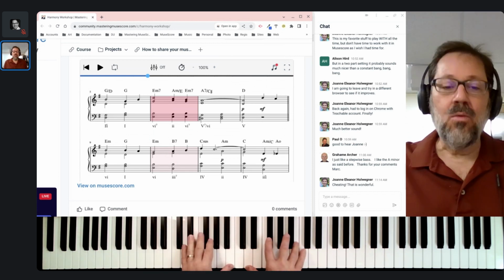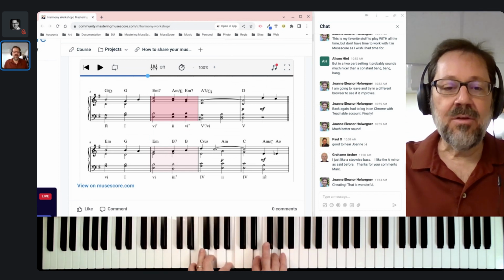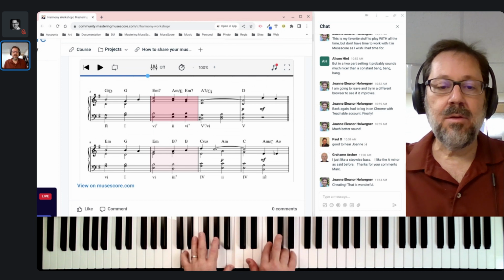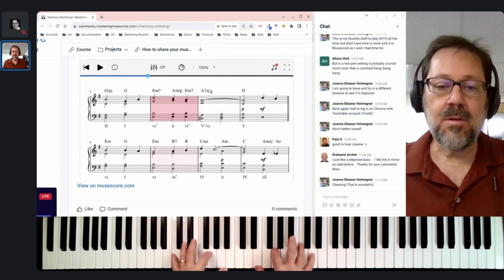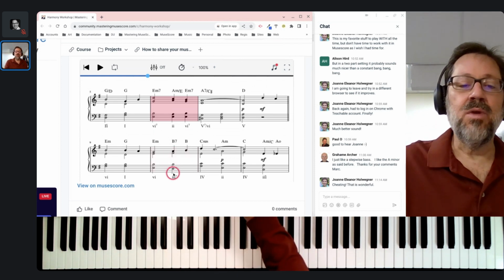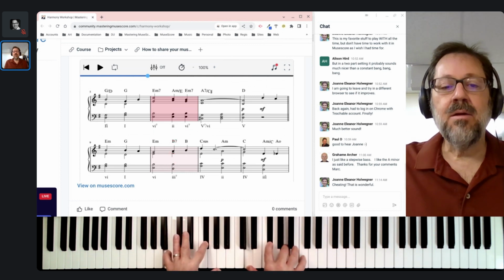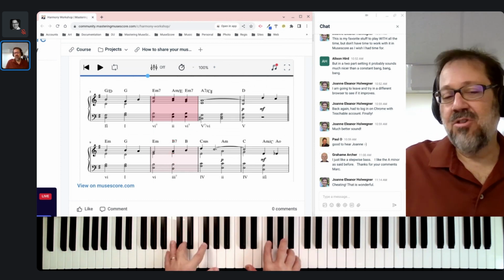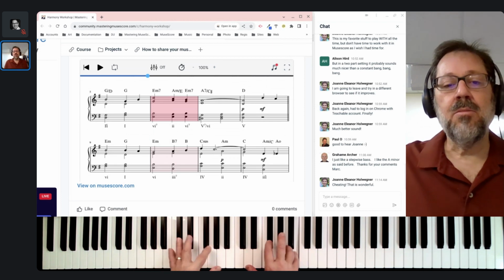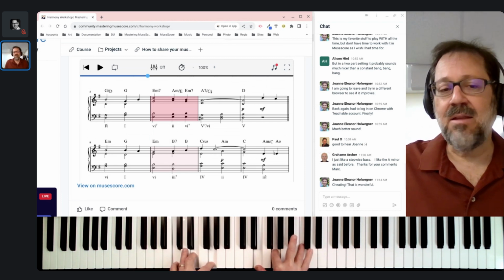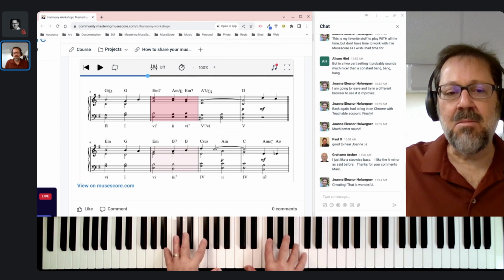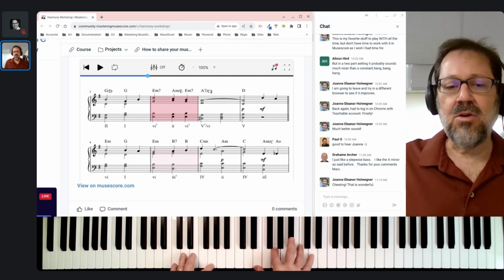So what she wrote really is a minor chord here, B minor. So just a plain minor 3 chord going to 4, and that's fine. That is totally fine. Have a plain B minor chord, 3 chord going to 4.